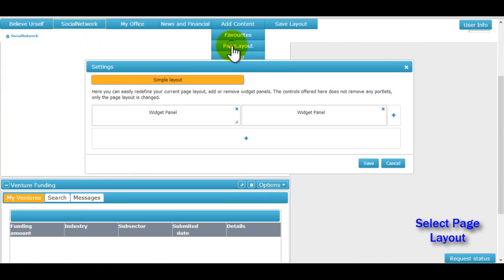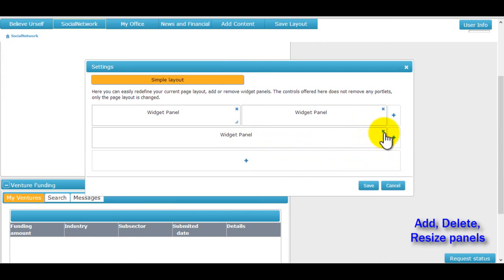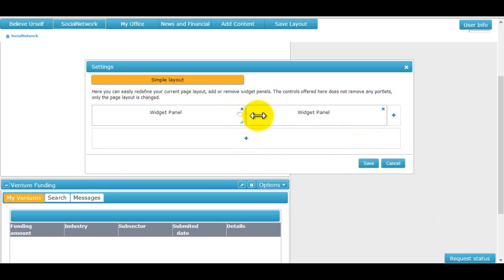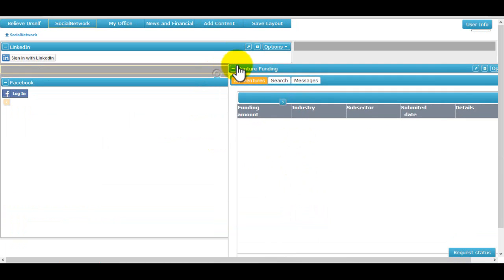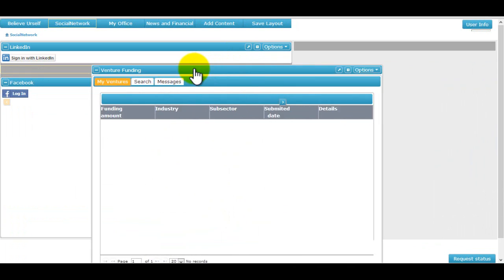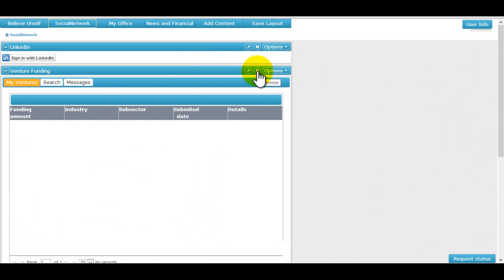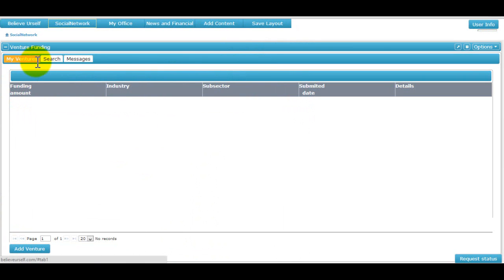On the web page where the widget was added, a specific layout can be designed using the Page Layout menu option, in which panels can be added, deleted, or resized depending on the user requirement. Once the layout is saved, it is automatically generated and the widgets can be arranged by dragging and dropping them into the required location. First, we will see how to add a new venture by clicking on the Add Venture